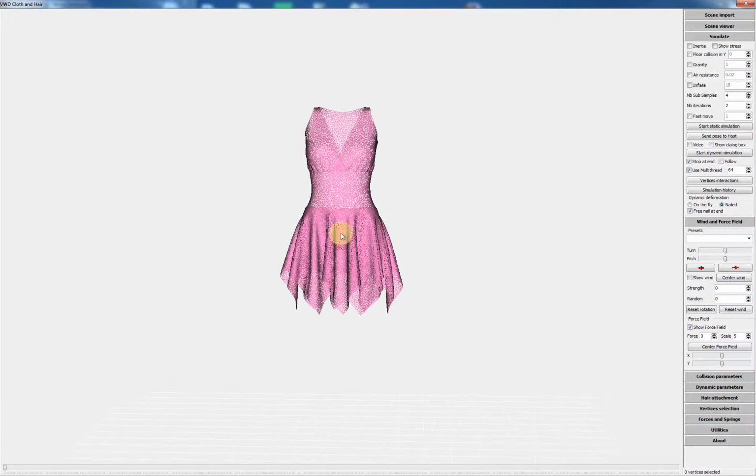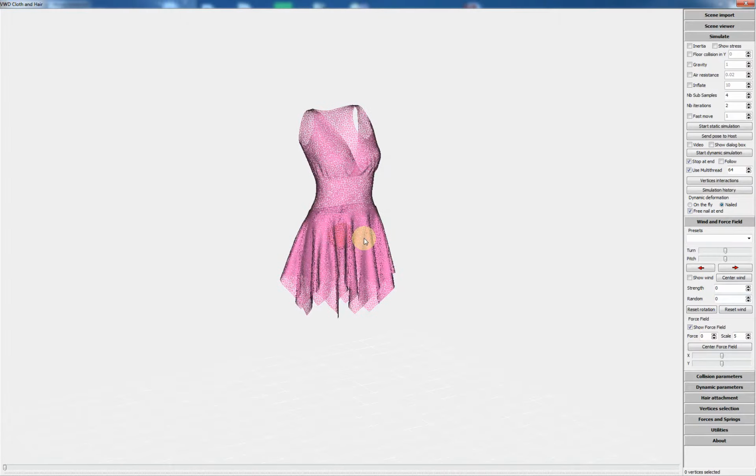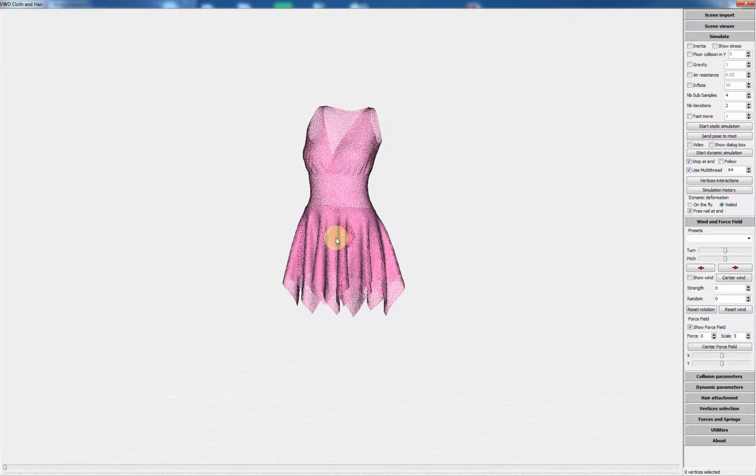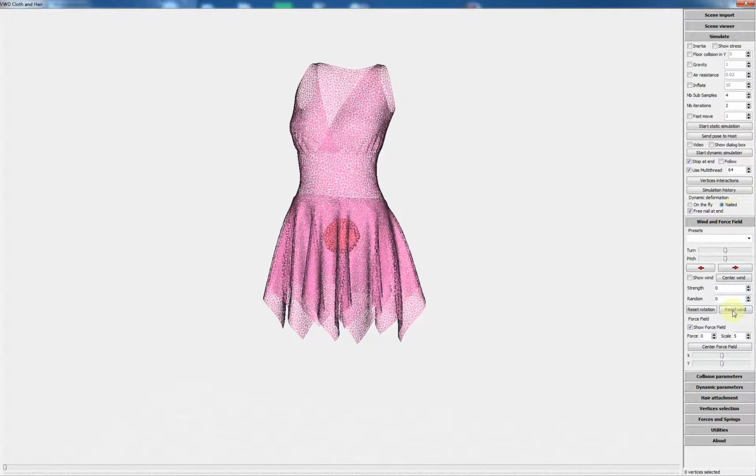The force will be generated in all directions from the force field. So now I can use not too strong force field, and I want to apply a gravity, but very low gravity.